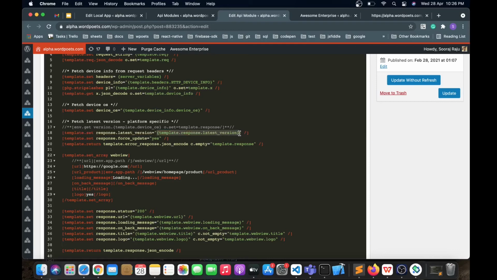Now if I revert it back to 2.0.0, then nothing will happen over here.